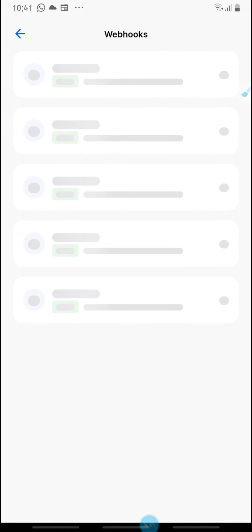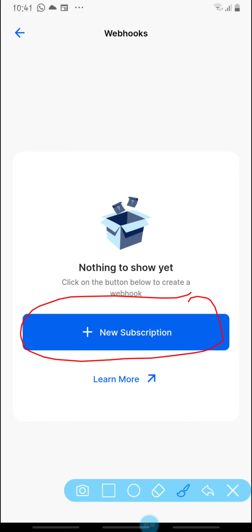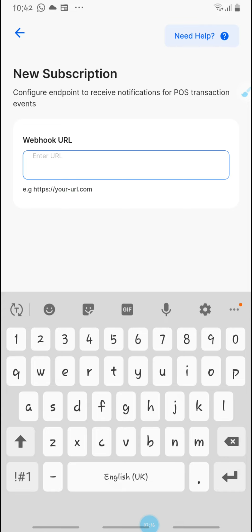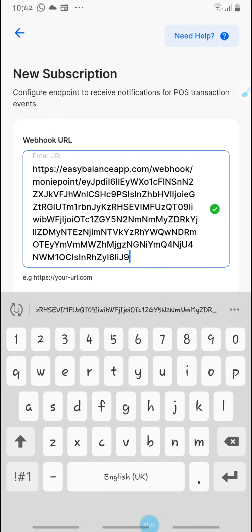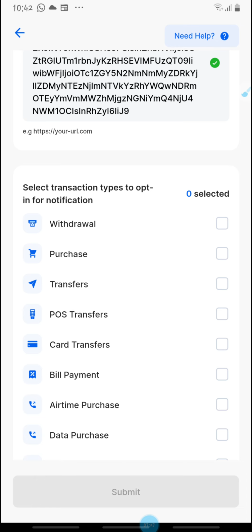Okay, so then you click on Webhook. Once you click on the webhook, it gives you this New Subscription, right? So you tap on this New Subscription. Once you tap on it, it gives you a URL field, you can see. Then you paste the URL that you copied. Don't forget you copied a URL earlier, so you paste the URL in here. Once you paste the URL in here, it then gives you a list of transaction types. What transaction type do you want